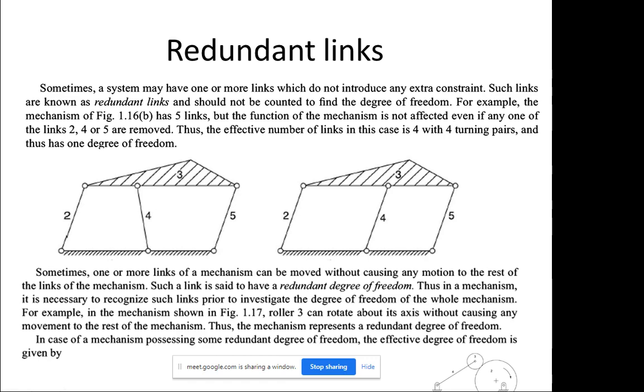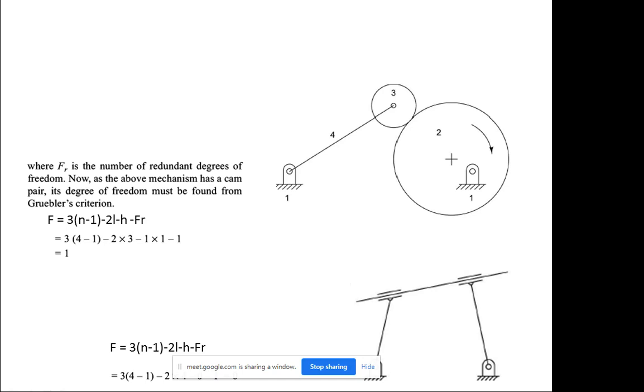In the case of a mechanism possessing some redundant degree of freedom, the effective degree of freedom is given by this equation. It is the same equation, F equal to 3(n minus 1) minus 2j minus h, with just an addition of minus Fr. Fr is nothing but the number of redundant degrees of freedom, as in this example. With the cam pair here, its degree of freedom must be found by Grubler's criterion, and you just have to use one more term, minus Fr. In other mechanisms where it is not affecting, Fr is treated as 0, but here you just have to take Fr. So here you can see in this special problem,